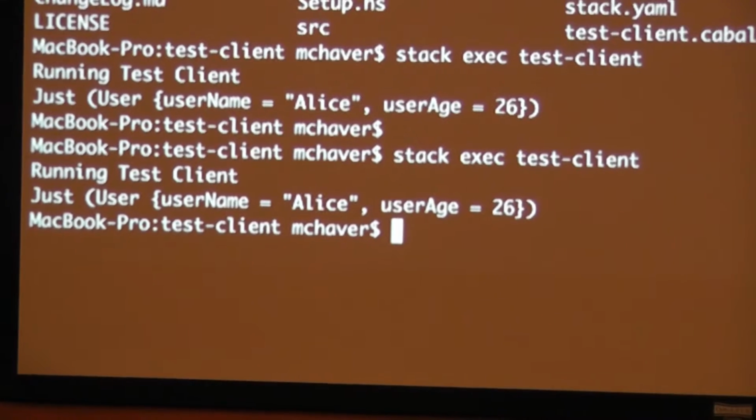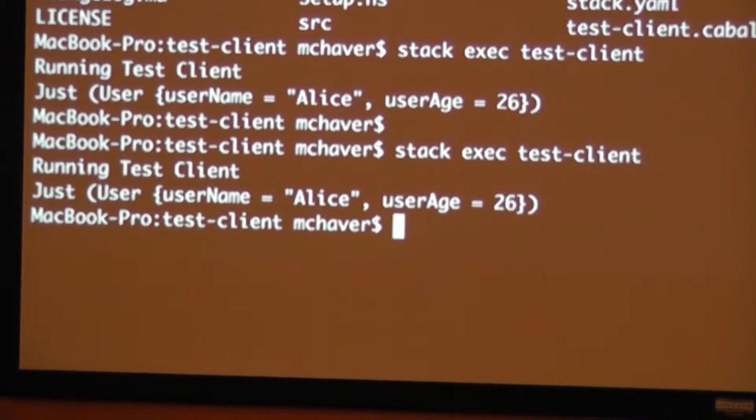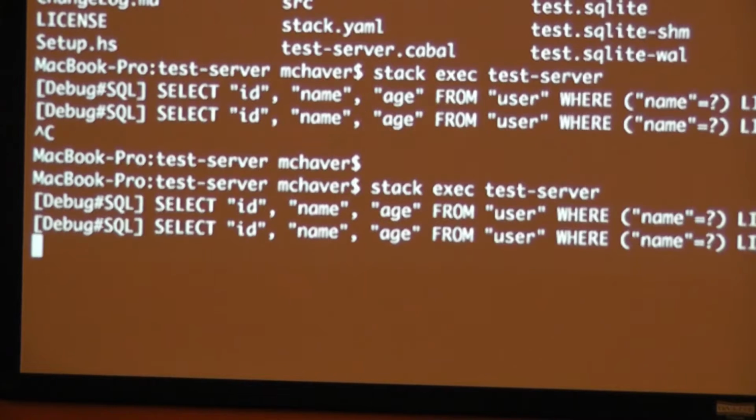So I'll start the server here. So it's running. And then this is the test client. It just makes a simple query. So you can see we got a user back, a new house. And then you can see that queries were made in SQLite on the server. So does that make sense, or are there any questions regarding